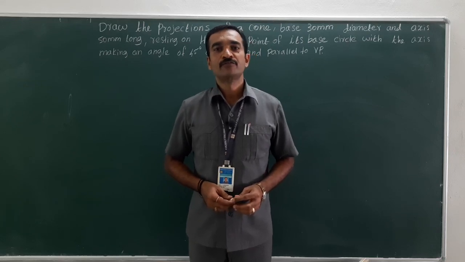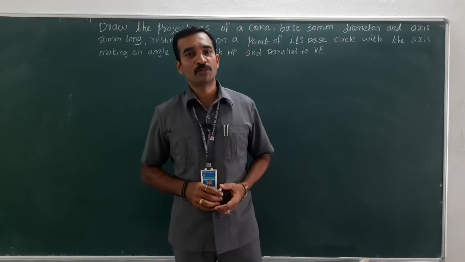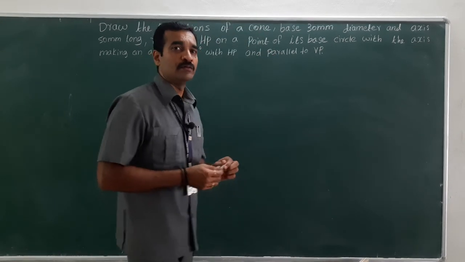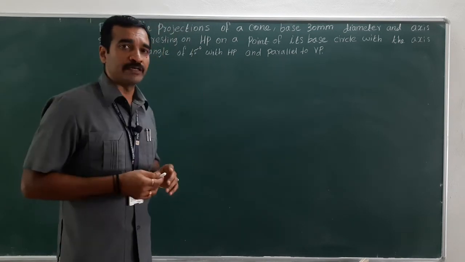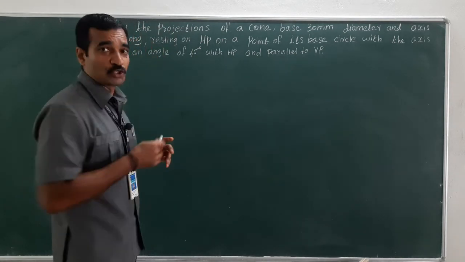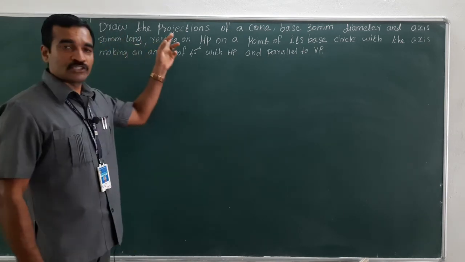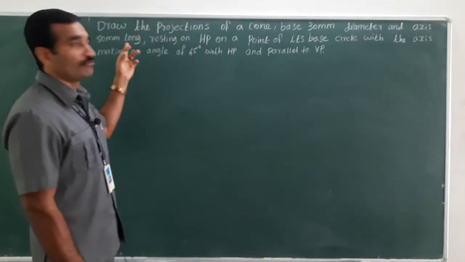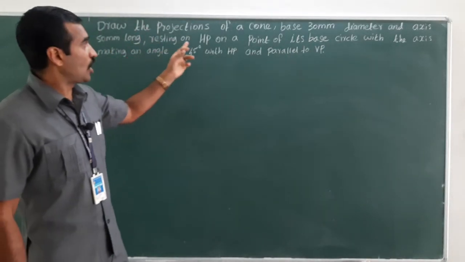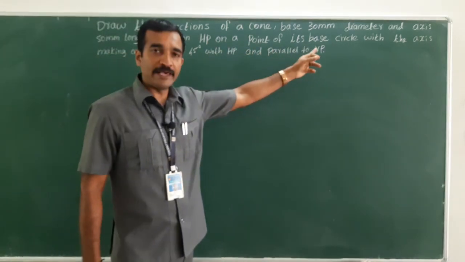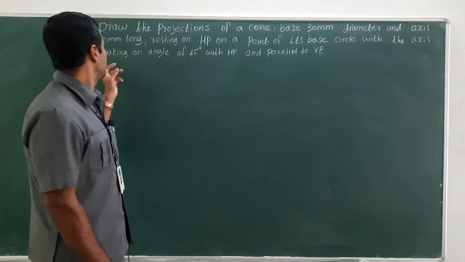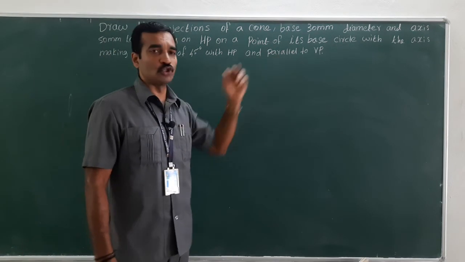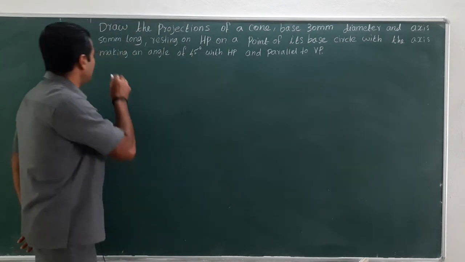Very good morning, students. For this lecturing video session, I am going to solve a problem from the chapter Projections of Solids. Let me read out the question and help you understand what data are given and which projections need to be drawn. Draw the projections of a cone, base 30 mm diameter and axis 50 mm long, which is resting on HP on a point of its base circle with the axis making an angle of 45 degree with HP and parallel to VP. So, the given data,